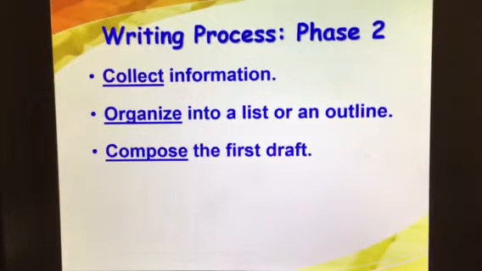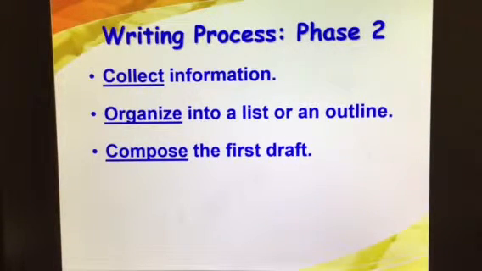The second phase of the writing process is the actual writing itself. You collect information. If, for instance, you want to tell a client about a new product that you've got, you'll want to have all that information there, including availability and prices and those kinds of things, or be able to refer them to the places where they can get all that detail. It doesn't mean, by the way, you have to tell everything you know about it, but if you want to tell a customer about a new product that's coming out, you want to give them what they would need to be able to take that next step, maybe to follow up with information, a request for more information, or to go to a website, or open up a catalog, that sort of thing.